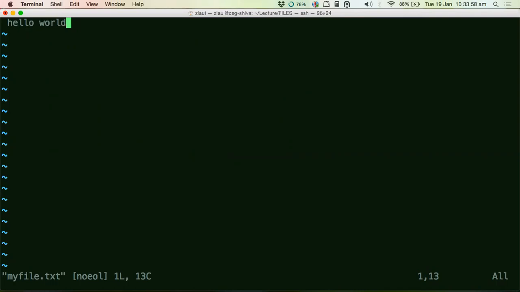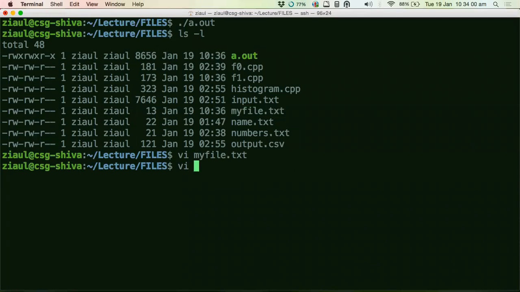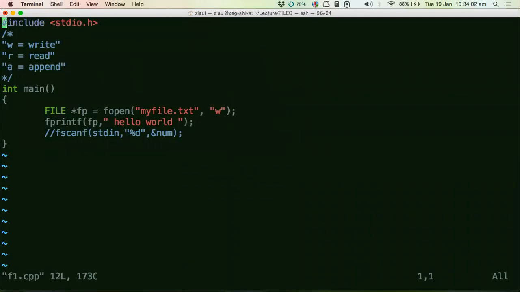Did you understand this? It's very basic, guys. It's very, very simple. So just see this program once. So fopen, what did you do? You created a file called myfile, and then you say W, that you want to write to the file, and then you say FILE, this is the syntax for a file. FILE is a keyword in C, that's why it's in green. And then FP is your ID corresponding to that file.